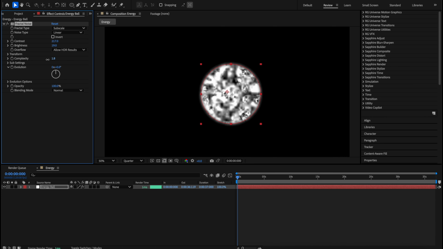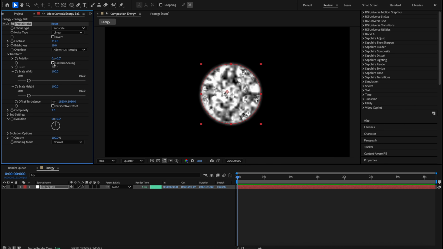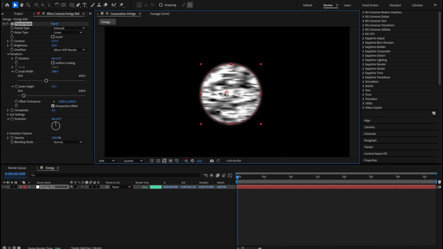This could be different for yours, but then we're going to go to the transform options. We're going to turn off uniform scaling. We're going to increase the scale width just so we could spread it out more. And then we're going to reduce the scale height a bit. Then click perspective offset. And if you move it around, you can see what it's doing, where it's moving it